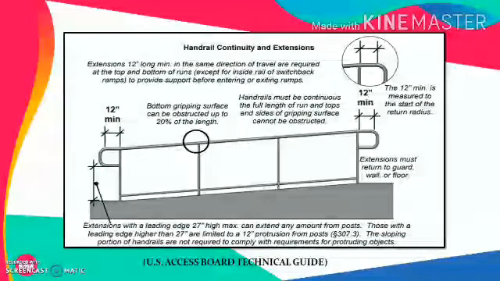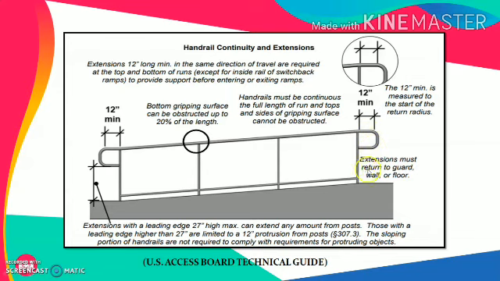So these are the handrail details. An extension of around 1 foot or 12 inches long in the same direction, as shown here, is always good to have, and it is required at the top and bottom of a run, as shown here. At the bottom as well as at the top, these 12 inches are measured to the start of the return radius, so it is from here to here or from here to here. After that there must be a curved part that needs to be provided.